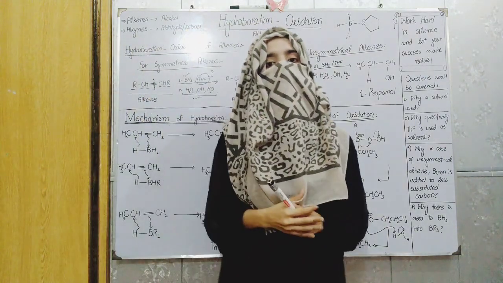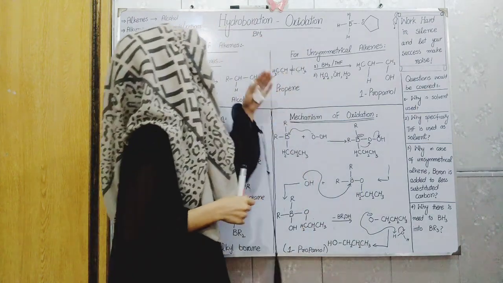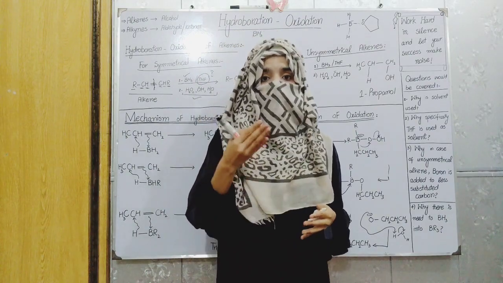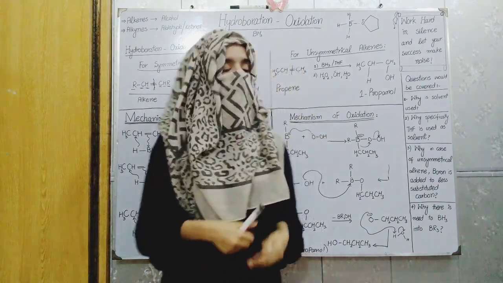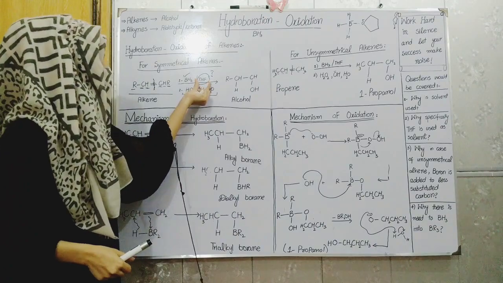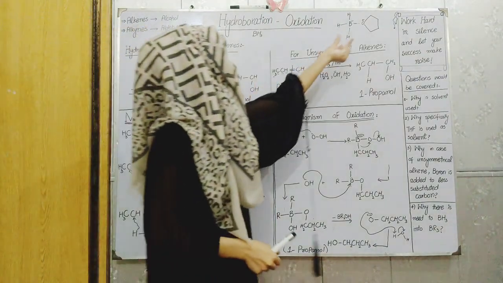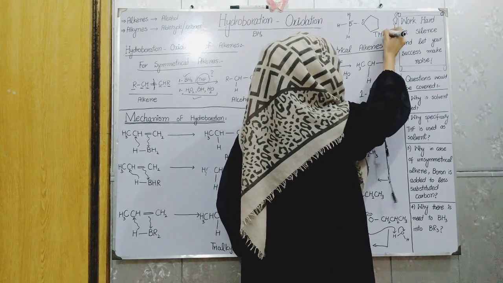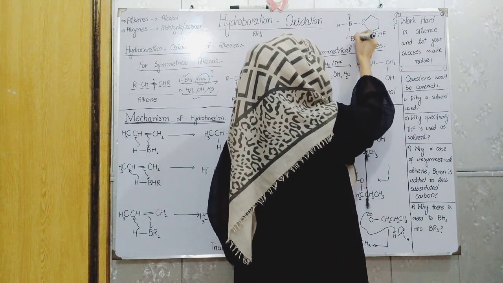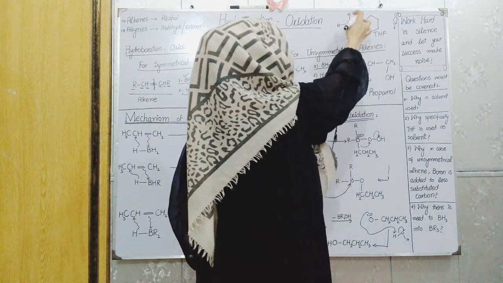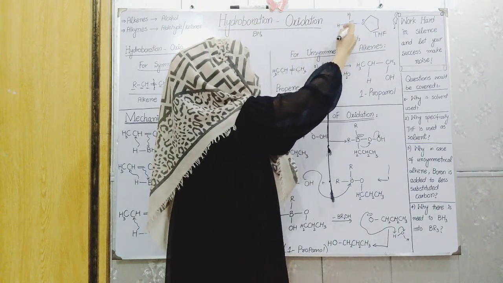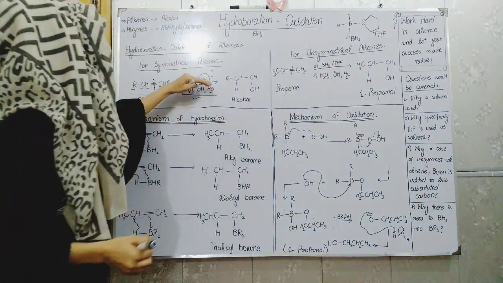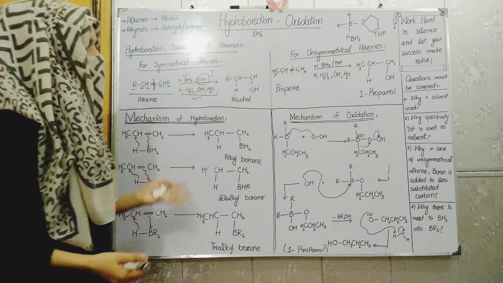The answer to this question is that boron is a highly toxic gas. It can react with moisture and cause explosion. So we use THF as a solvent because it forms a loose complex. This is THF, this is boron. It forms the loose complex with the boron so that it will not react with the air and cause explosion. That's why we use the THF solvent here.